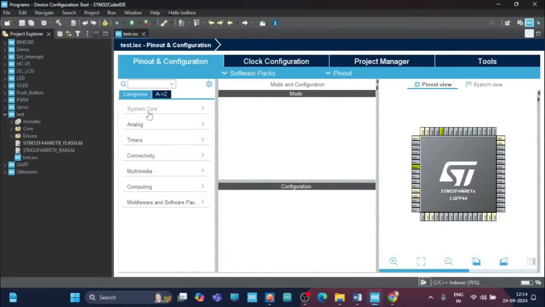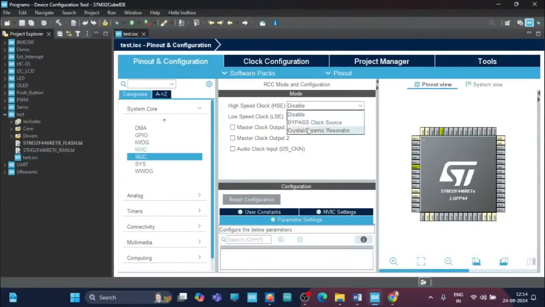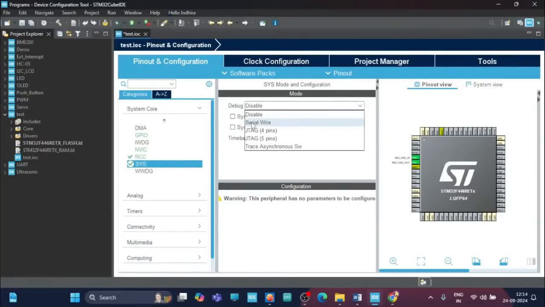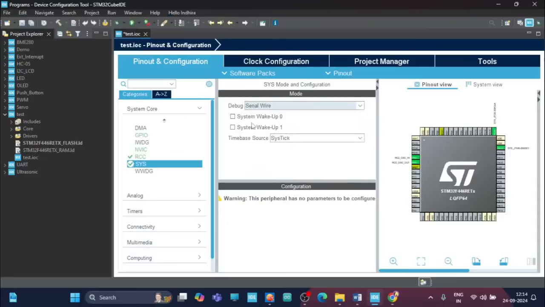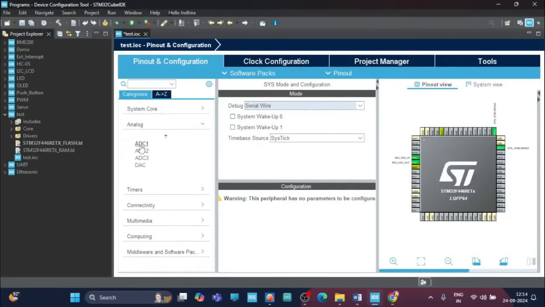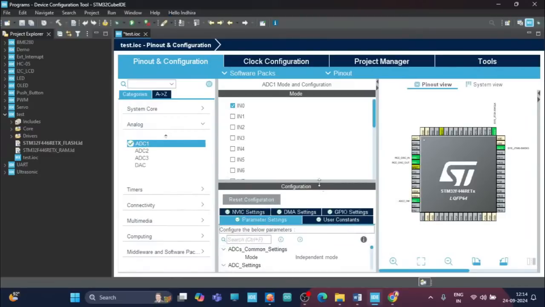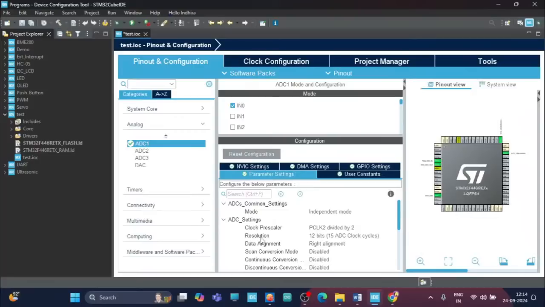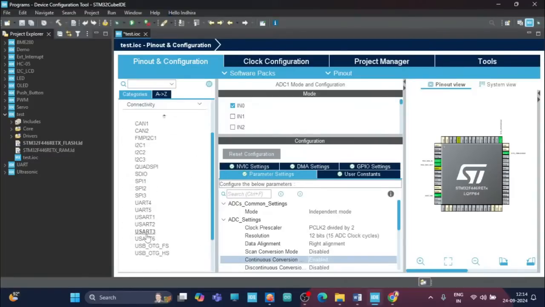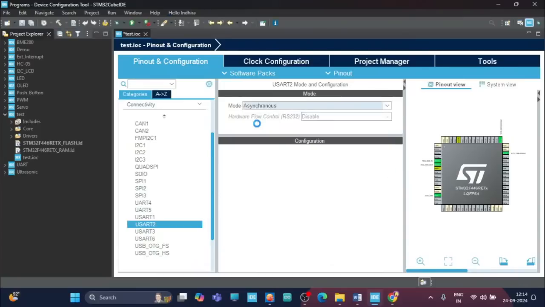So here, as usual, go to System Core, RCC, enable this HSE, and then go for SYS. Here I am going to enable the serial wire debugging. This is because we are going to use PuTTY software, right? And then you can go to Analog, ADC1, input 0 channel, and make sure that in parameter settings you have resolution as 12 bit, right? And then you have to enable this continuous conversion mode. We have to enable this, right? And then go for Connectivity, USART2, enable this asynchronous,